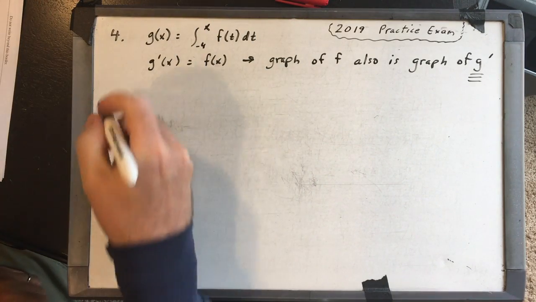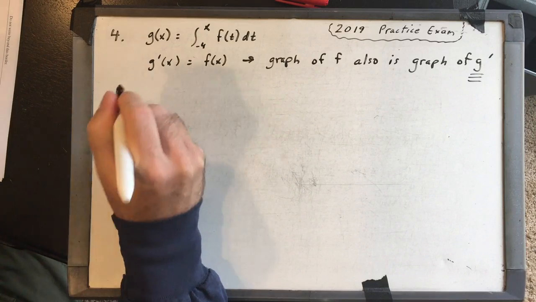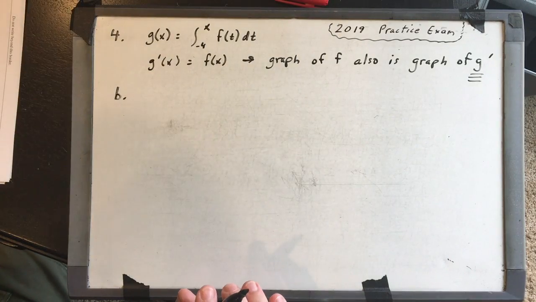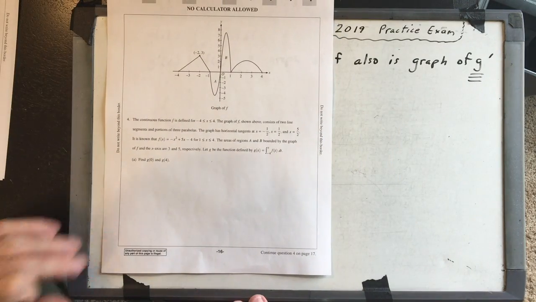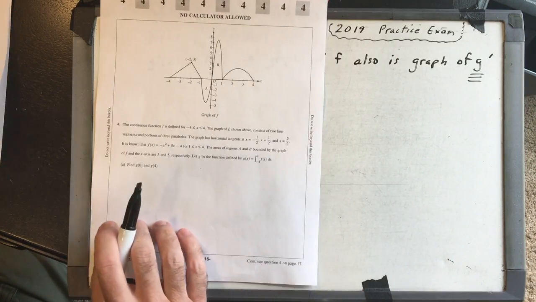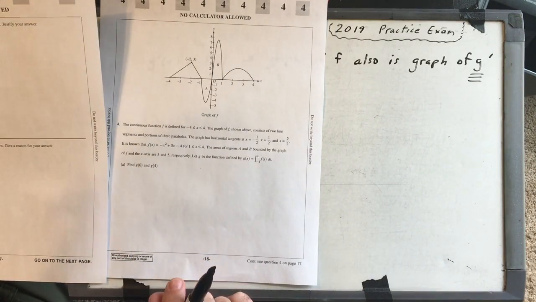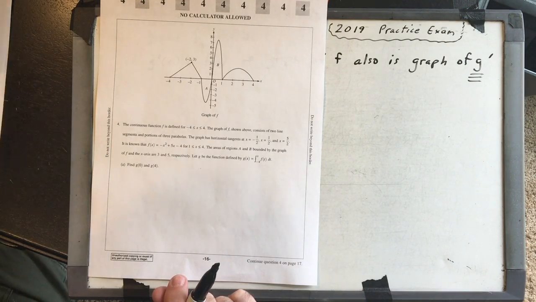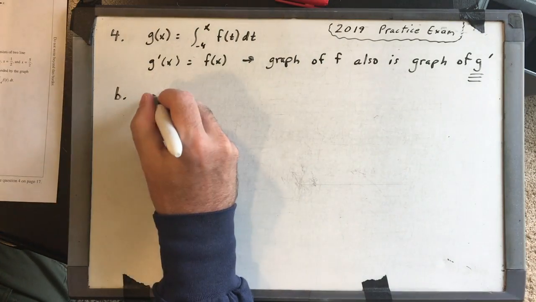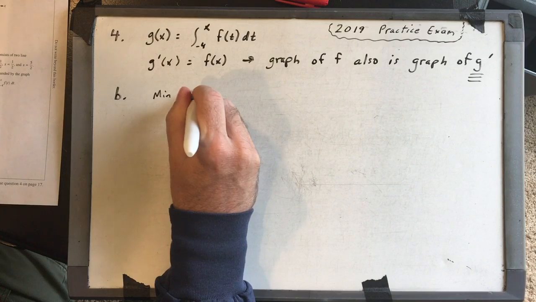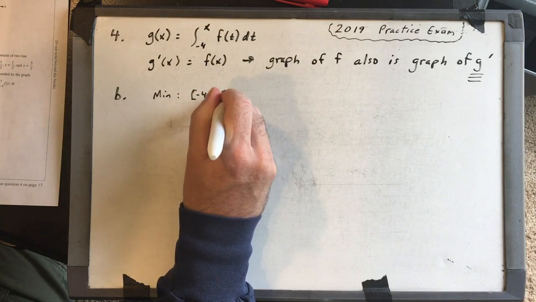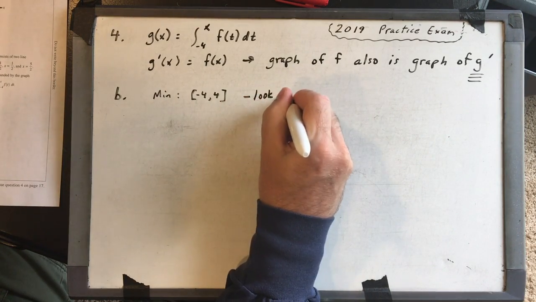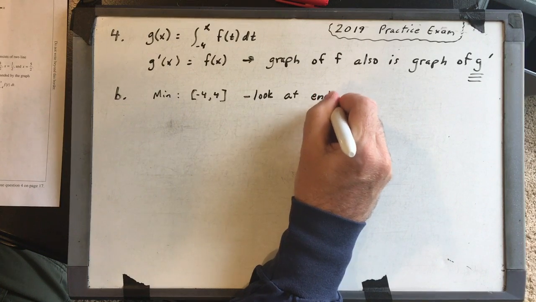All right, let's look at part B. So part B, so we're using this graph. The question on part B says find the absolute minimum value of G on the closed interval -4 to 4. Okay, so we want the minimum from -4 to 4. So when you have a closed interval, you must look at the endpoints